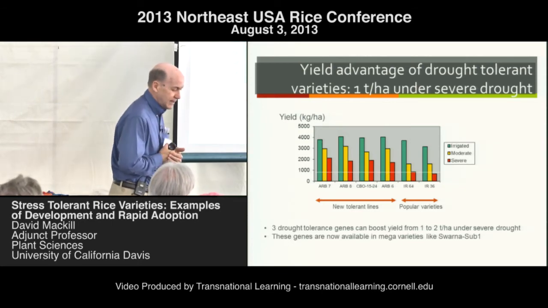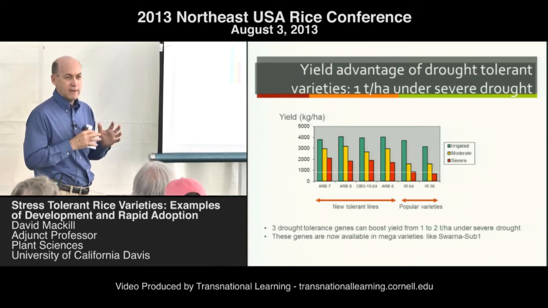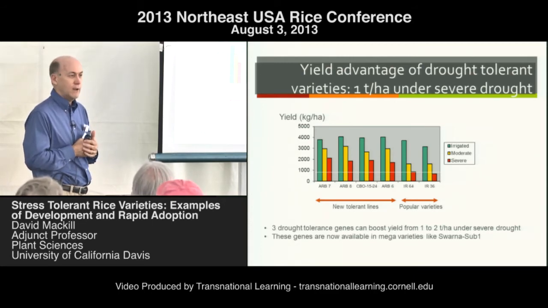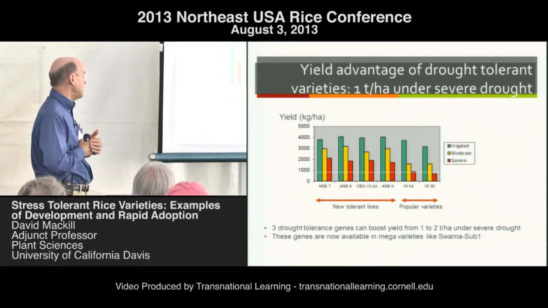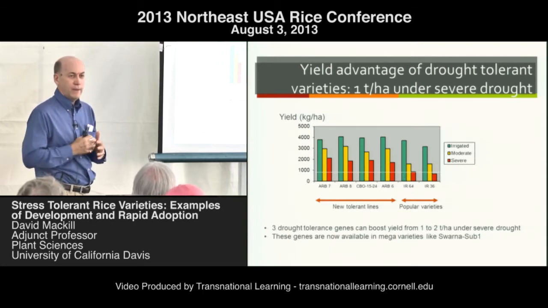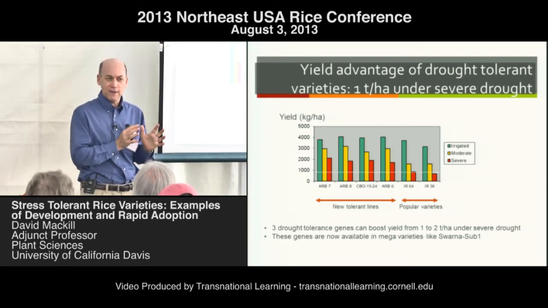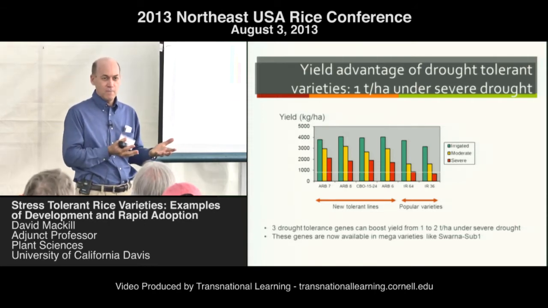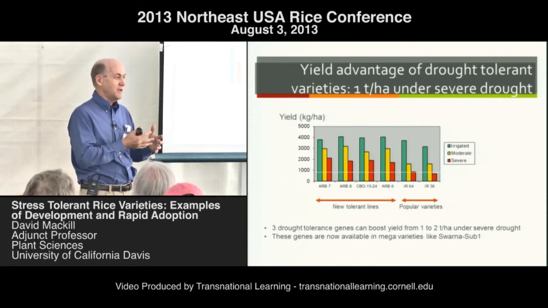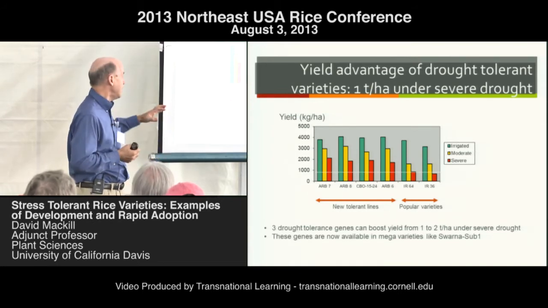The issue of salinity came up this morning. We also had some salt-tolerant varieties that were doing well. As Susan mentioned, they're tropical, they're indica varieties. But genetically, submergence is a special case because the sub-1 gene has such a big effect. Let's admit it, not all of these stresses have genes with such a large effect as the sub-1 gene. But in the case of drought,